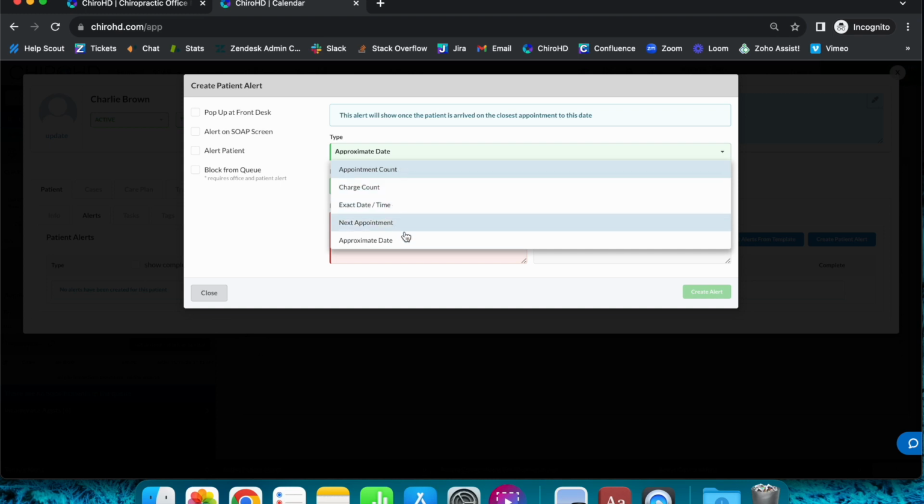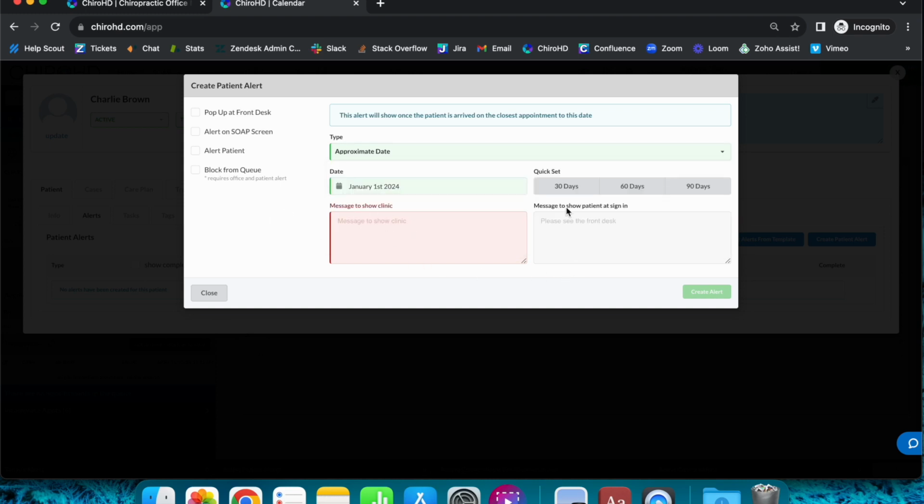Those are all the alert types we have, and just to touch on these boxes down here, message to show the clinic is the verbiage that will pop up on the alert that will either go into your notification bar or a pop-up on the front desk or alert on SoapNote screen. Also, if you have block from queue, but this is the message that you as the clinic see. Message to show patient at sign-in will be the verbiage that is displayed on the patient on the check-in device. So of course you can have different verbiage for these fields, but this dictates what the office sees, this dictates